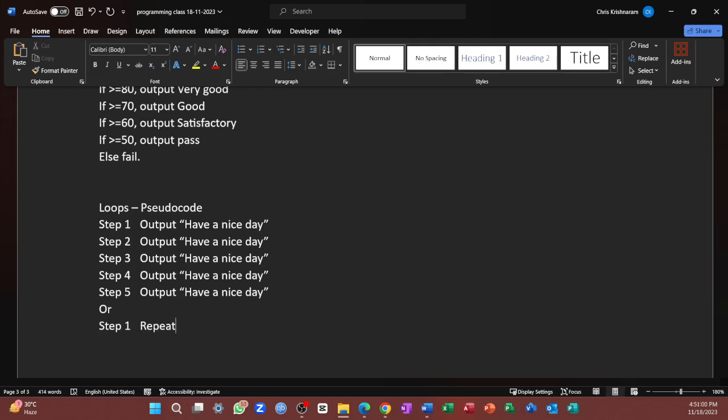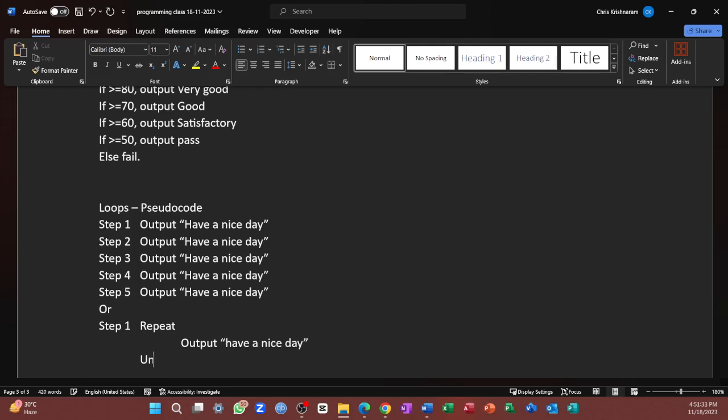This is one of the keywords that we can use for loops. We can say repeat, output, have a nice day,